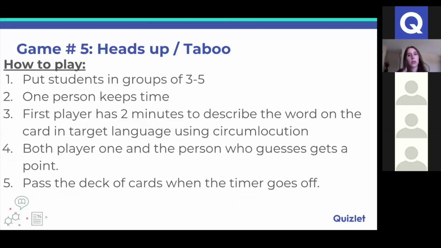using circumlocution, which is something I would have previously taught my kids. So again, if we're using apple, they can say things like, it's red, it's a fruit, it's delicious, and the kid has to guess apple. To keep kids engaged, both the player who is describing and the player who guesses the correct word gets a point. And then they try to see how many cards they can get through before the buzzer goes off. And then they pass the deck to the next person, and the kid who got the most points at the end is the